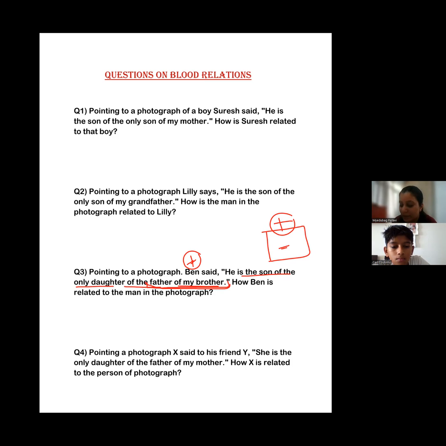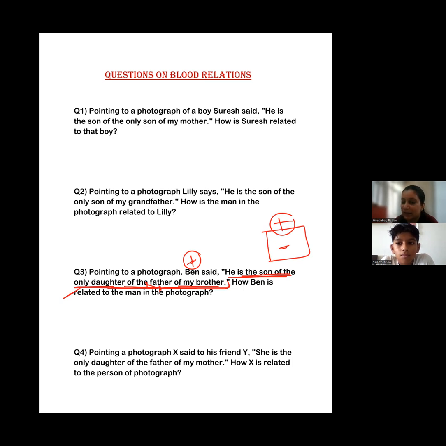Suppose you have a brother, the father of your brother will be your own father. Now only daughter of your father, if you are a boy, will be your sister. Now he is the son of your sister. So that means son of sister is called